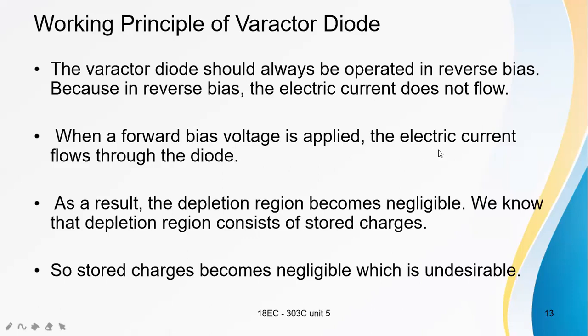The electrons will move freely from P to N and N to P, that means charge carriers are moving from one junction to the other. The electric current flows through the diode when it is in the forward bias. That is the reason the varactor diode should always be operated in the reverse bias only.